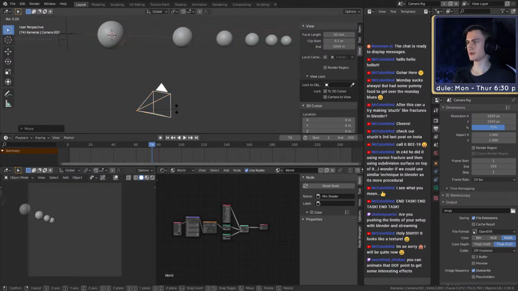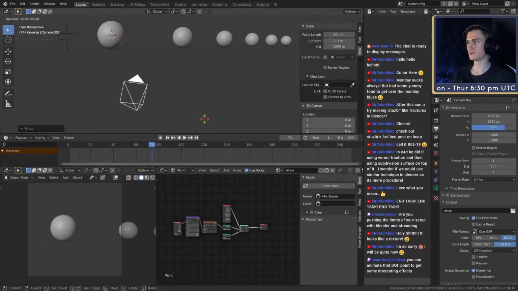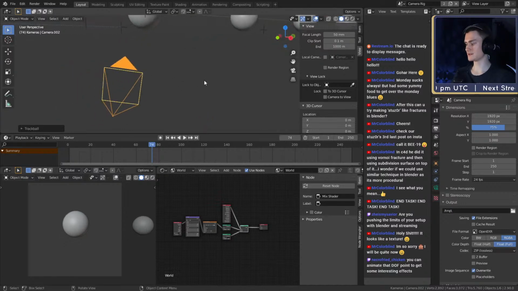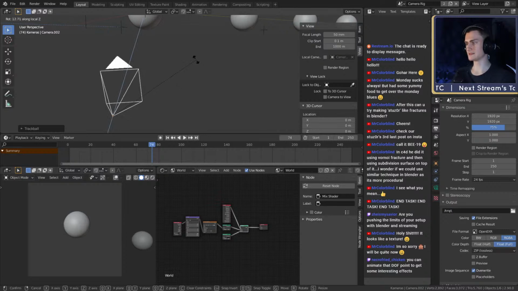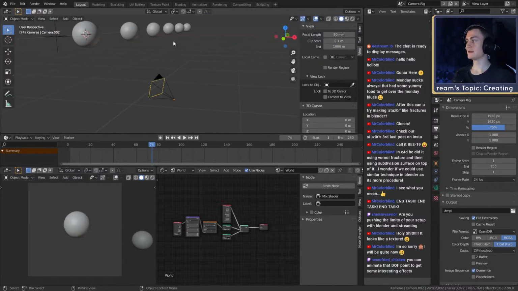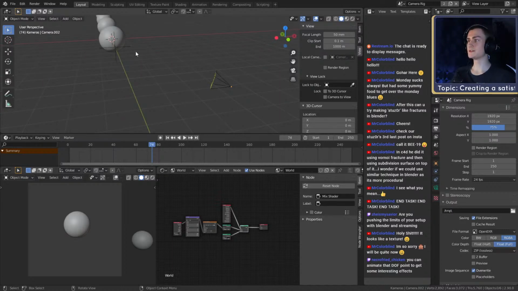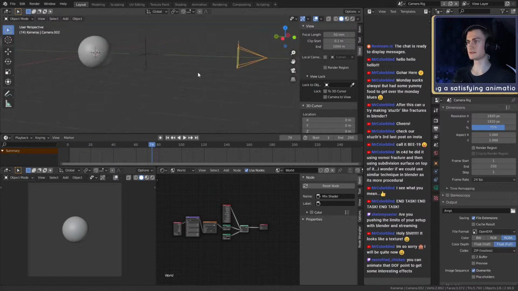You would probably have to rotate it to get the object in the shot, and then you probably have to rotate your z-axis as well to the degree you want to get the shot you want. But you can make this easier by reverting to the first state right there.